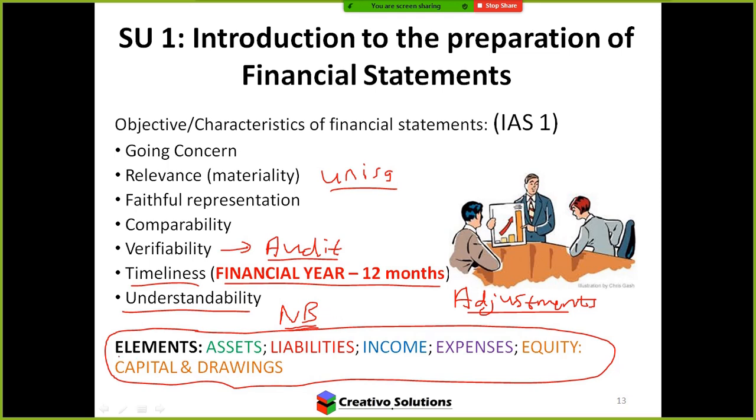But I talk about them as being elements. Elements because, remember we spoke about the nature of accounting? Nature, elements, think of earth, wind, fire, those things that are fundamental, basic principles. In nature, the same thing applies in accounting. So when I talk about an element, I'm referring to either an asset, a liability, income, expense, or capital and drawings. Equity is the combination of those two. You're grouping things together. Equity can also be calculated using this formula